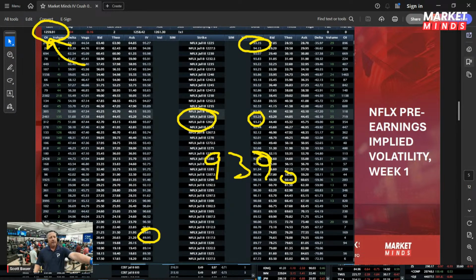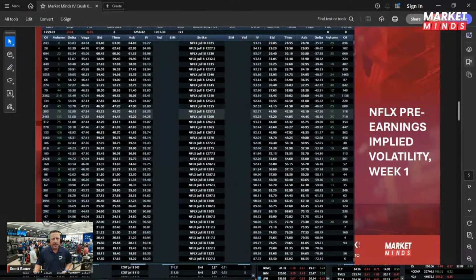Okay, now this is, if you'll notice, this week's expiration. Netflix earnings come out Thursday after the close. This is this week's expiration. Okay. If we go to next week, and if we were to go to every subsequent week afterwards, going further out,